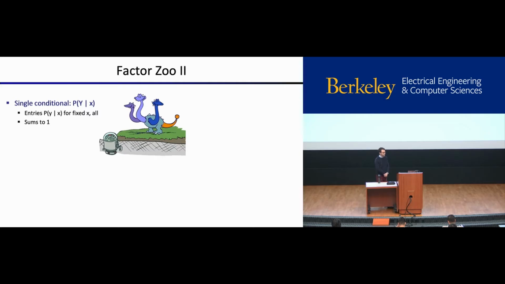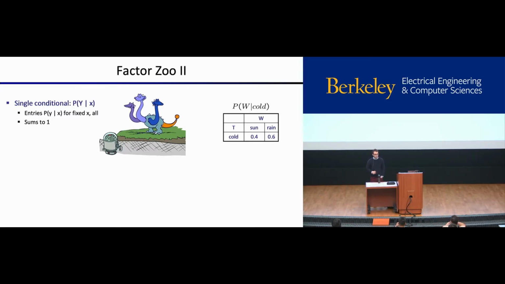All right, factor number 3. This is a single conditional distribution. We saw a bunch of these last time. So this is saying when I have a particular evidence variable, x, I set it to that value, and then I want to know what are the probabilities of all the different variable values for y. So this will look like this. I'm saying conditioned on the temperature being cold, what are the possible weather values? So this could be like 0.4 and 0.6. Notice that now this is a proper probability distribution. It's normalized to 1. This is similar to the one we just saw where it's a slice, but now we've divided that slice by whatever normalizer we need in order to get these things to sum to 1.